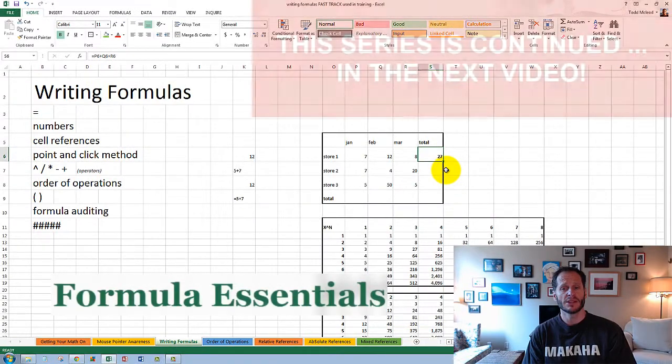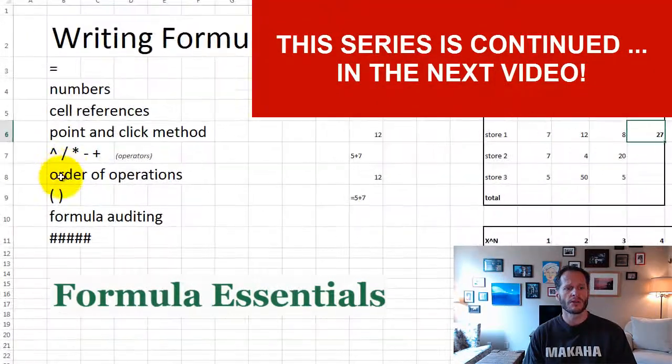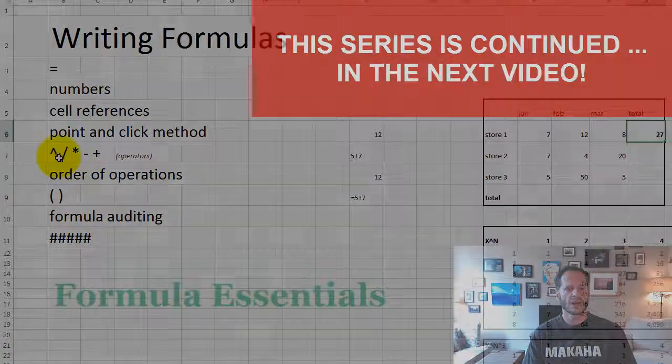Well, one thing you want to pay attention to when writing formulas is the order of operations. You'll be able to use all of these operators right here, but